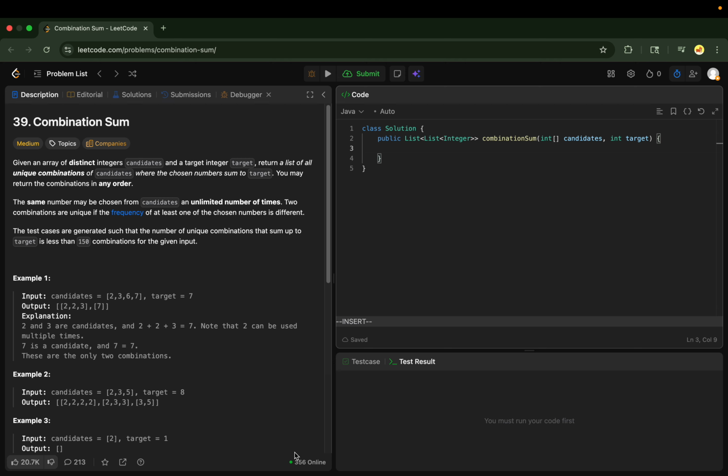Going to talk about 39, Combination Sum. The question is, given an array of distinct integers, candidates, and a target integer, target, return a list of all unique combinations of candidates where the chosen numbers sum to target. You may return the combinations in any order. The same number may be chosen from the candidates